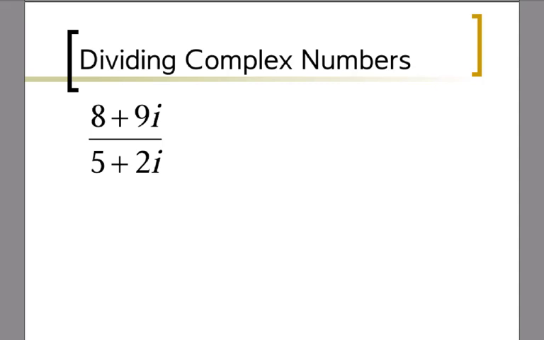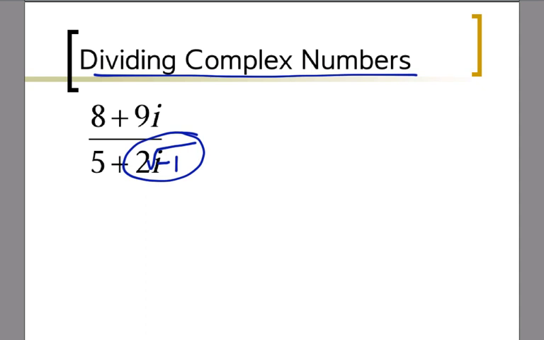So now we're going to take a look at dividing complex numbers. By dividing complex numbers, we really mean rationalize the denominator, because we saw when we had square roots on the bottom a couple of sections ago that we had to multiply it to the top. Well, technically that's what you have here. This is really a square root of a -1, so we can't have that square root on the bottom. So when we say dividing complex numbers, another good way of saying it would be rationalize the